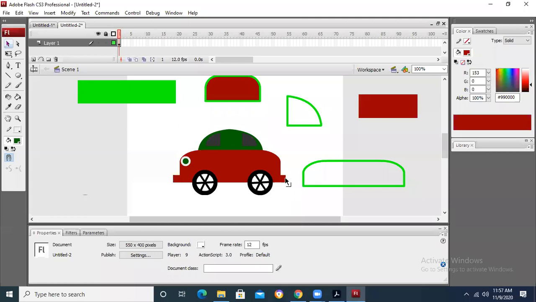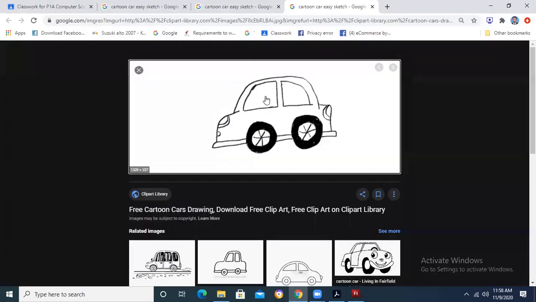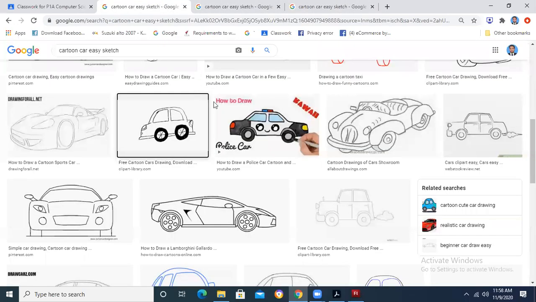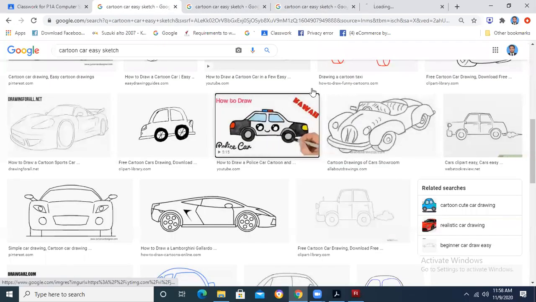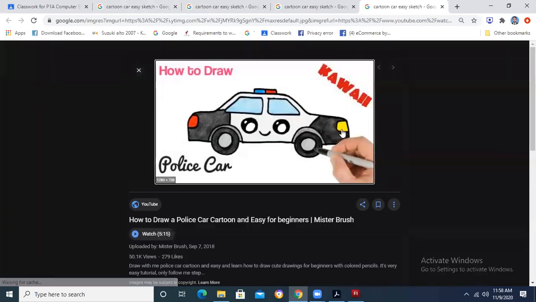You can make that change by bringing your mouse cursor over there. Just like if you want to make some change over here. So in this way you can draw some different objects by taking different colors. You can draw some kind of things, and you can find out the images of the boards sketch. For example, take this example. You take this example and draw this car. It is quite easy now for you.